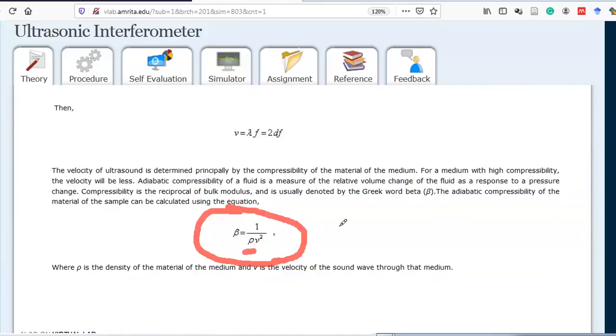Again I am repeating, this value is so small that you cannot find it with the naked eye, but you can sense it with the help of an instrument like this. So that's what we are doing. I hope this is also clear. If you are claiming that something is moving through a system, that means the medium is getting disturbed. The medium has to compress, then only it is going forward. So this is how I explained the theory part to you in proper detail.